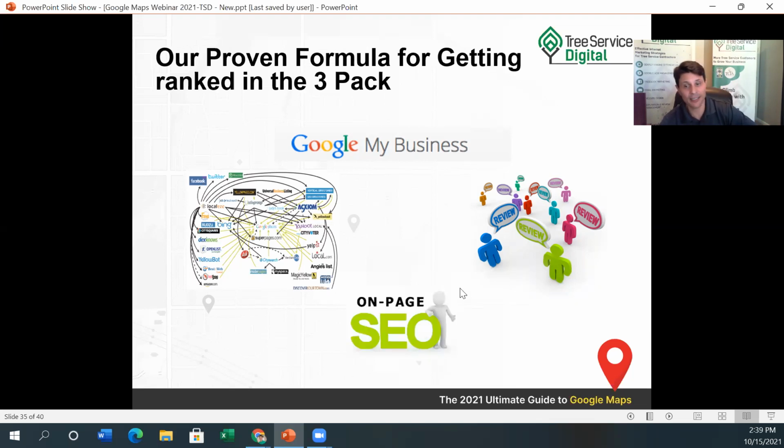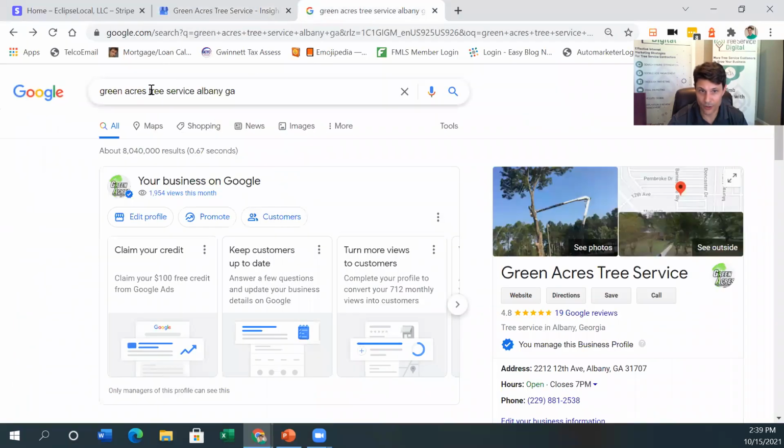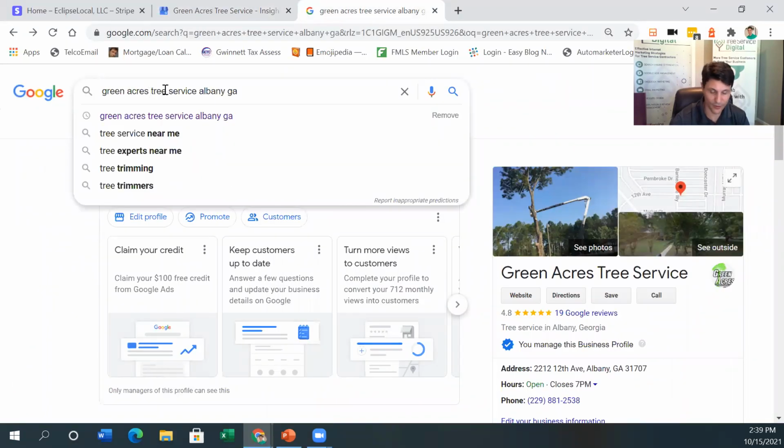And then last but not least, probably one of the most important is on-page SEO. So what's written on your website makes a big difference as to how your map listing ranks, right? So you want all the local keywords for your local area, the services you provide, all of that stuff. Because if you're ranked on page 1 with your website, and we'll go back to this example here, Green Acres Tree Service Albany. If you just go to Tree Service Albany, Georgia,